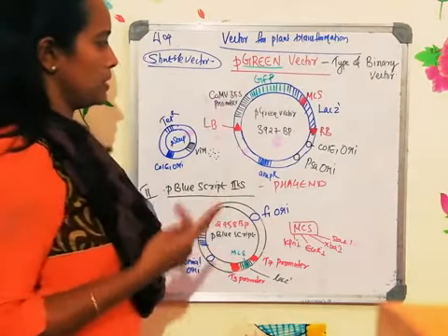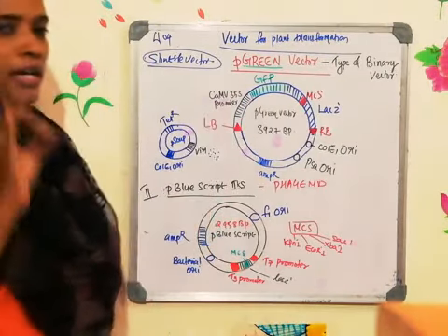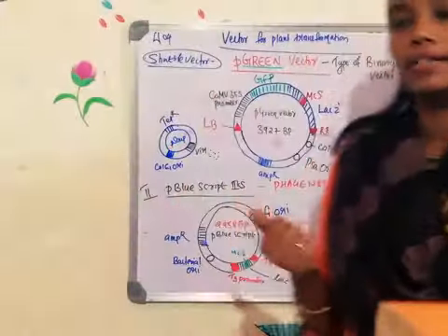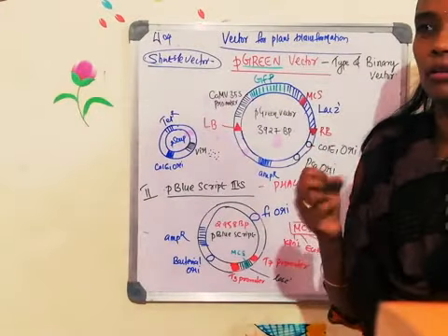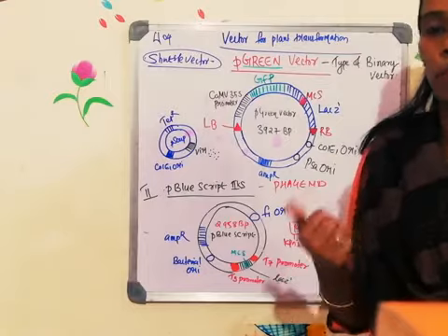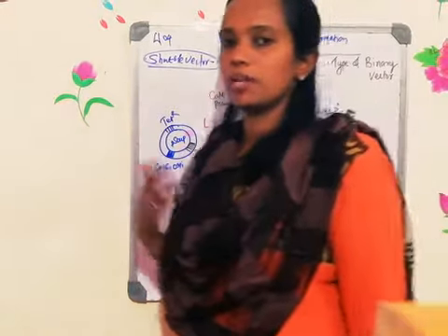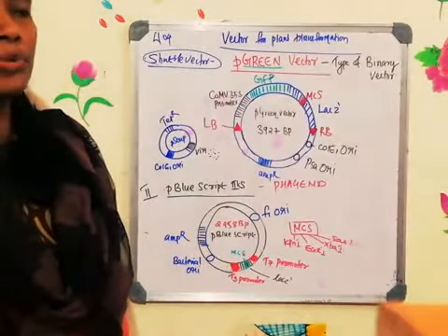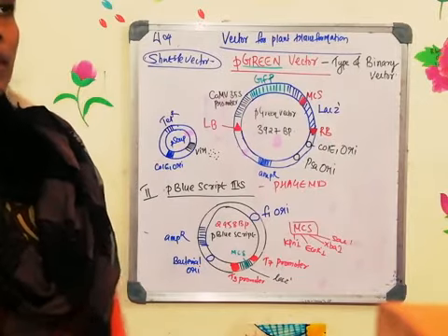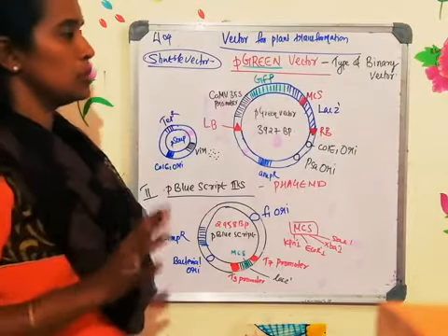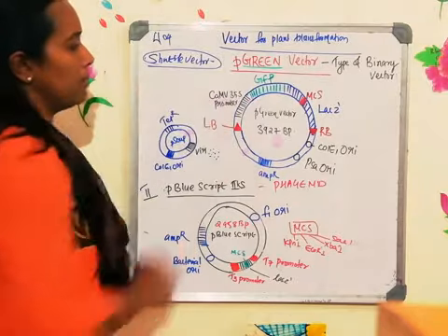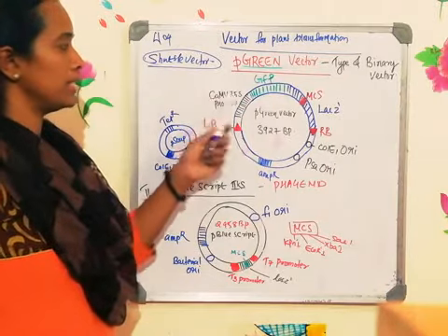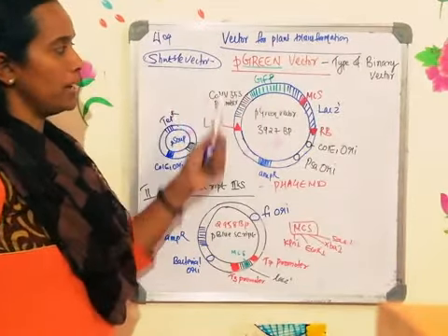Now what are the different sequences which are there? One is known as a promoter, a very efficient plant promoter. When you are creating a plant vector, we have to always remember about an efficient promoter. If the promoter is efficient, the gene expression level will be very high and you get more protein product. Thereby you should always keep a very efficient promoter. One of the very efficient promoters used in most gene cloning vectors is the cauliflower mosaic virus, CaMV. CaMV stands for cauliflower mosaic virus 35S promoter.